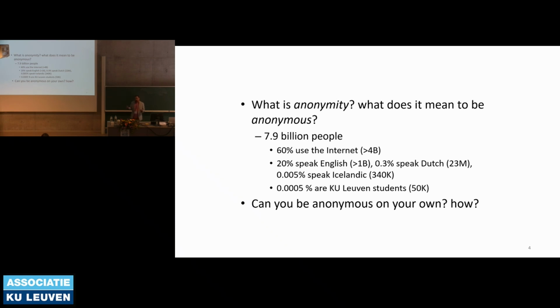And that's why you need many people to achieve anonymity. You cannot be anonymous on your own. You need to have a collection of people, a large number of people. For this example, there has to be a large number of people using Tor on the campus at that point for that student to be anonymous. You cannot achieve anonymity on your own. Anonymity comes with numbers.